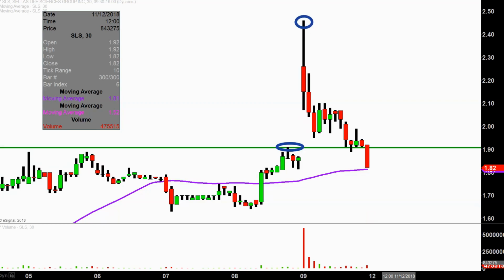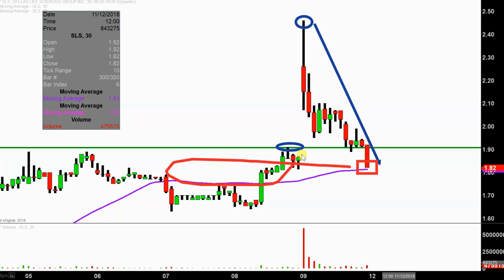Next part of the definition, within a relatively short amount of time. Considering this all happened in one single day, once again, I'm assuming we can agree this happened in a short amount of time. And then the price goes back to where it started, or in some cases lower. You look at where the price closed on the day, right at that area, and not to insult your intelligence, but when you match that up with over here, the price is literally right back inside of the channel where it was before the breakout started,